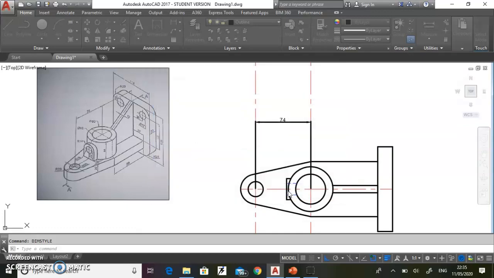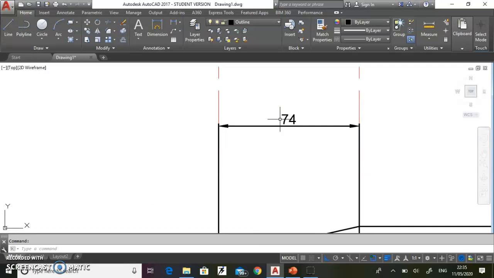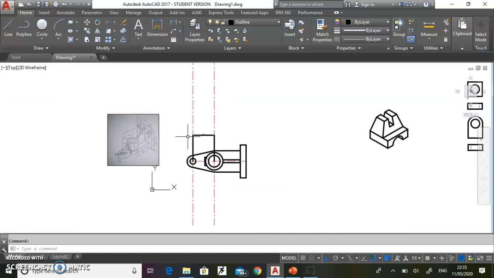and say close. So you see, the offset from dimension line means the spacing from this dimension line, if you see, that is the offset from dimension line. This is called the dimension line, this is called the dimension value, and this line is called the extension lines. Do you remember that we have given one, that is the extension from this dimension line.